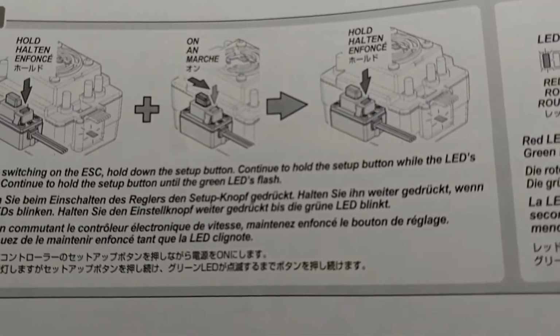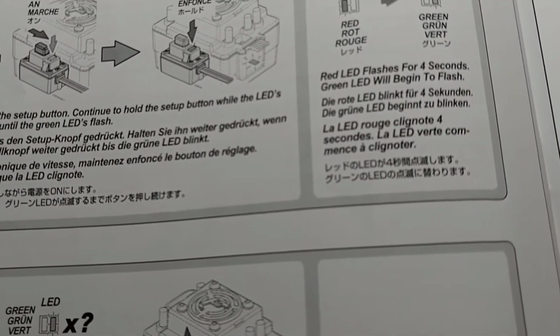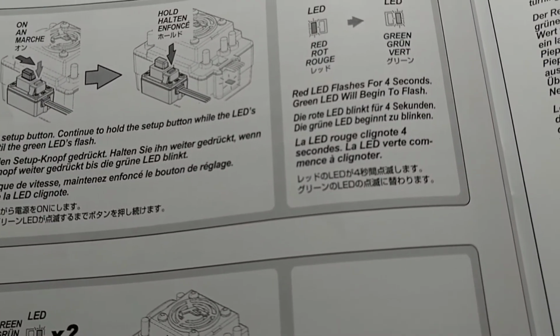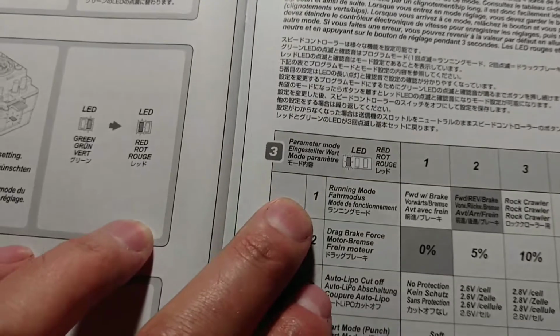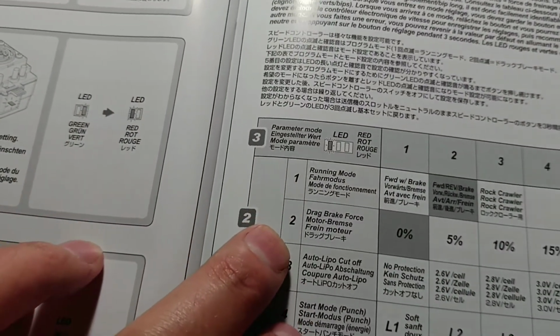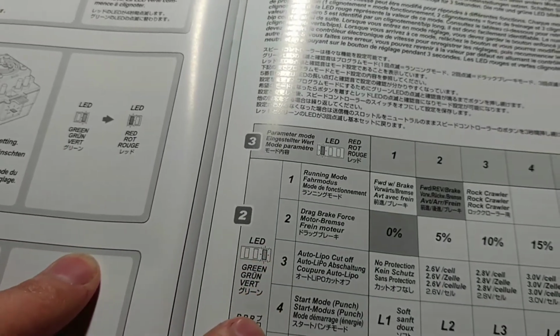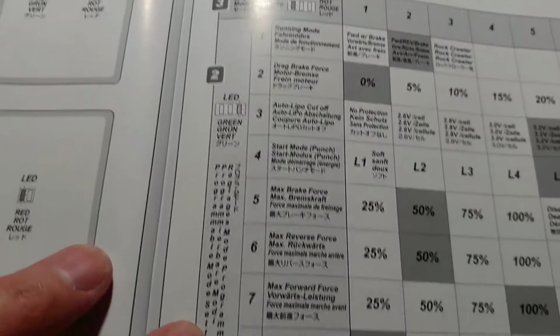Okay, first thing you've got to do is start out over here. It tells you to hold the setup switch, turn it on, and then the red LED will flash, and then the green LED will begin to flash. Once the green LED begins to flash, it will flash once for running mode, twice for drag brake, 3 for LiPo cutoff, 4 for start punch, and so on all the way down to